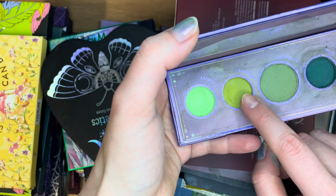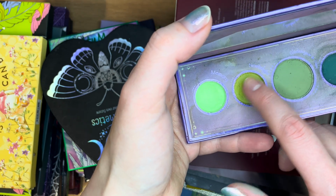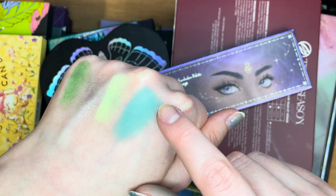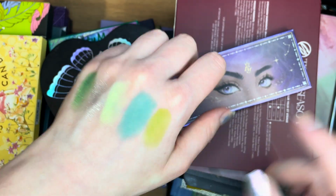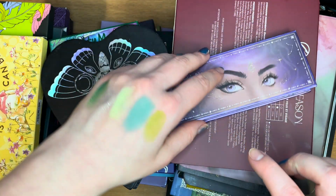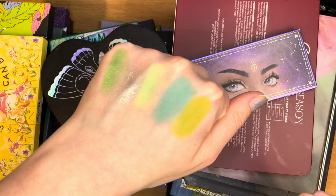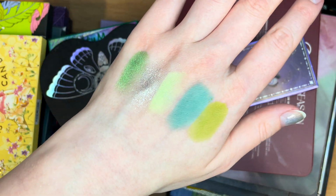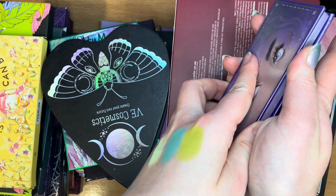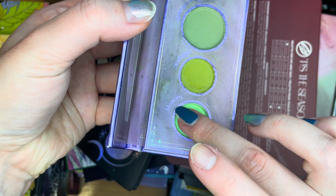Then we have Matcha Cookie, Best Wish, and my favorite, well, I really love Matcha Cookie. It's such an interesting shade that I don't really have all that much. I do have a couple palettes with this shade, but it is still a pretty unique shade in my collection. Hello, focus. Yeah, so that one is really beautiful, and as I said, it's called Matcha Cookie,